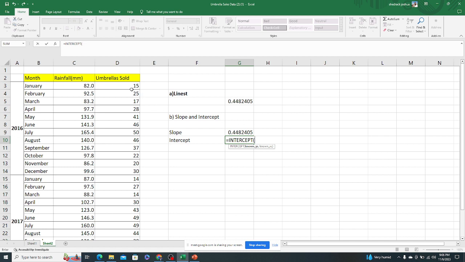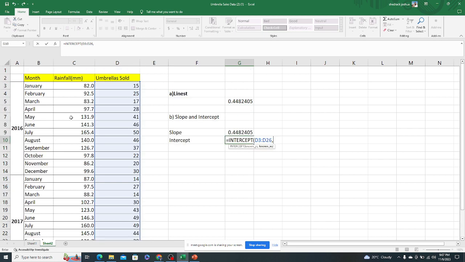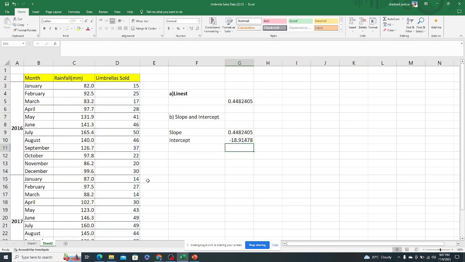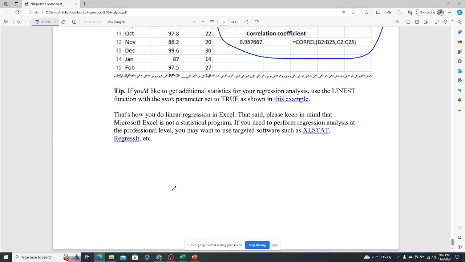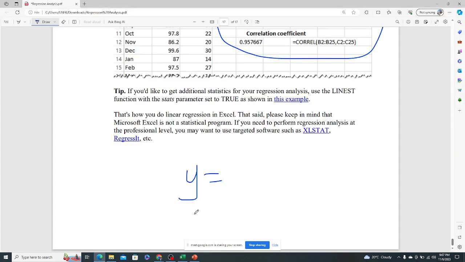In this case, for intercept, we'll also need known y's and known x's. So we highlight the known y's, comma, and then the known x's, and after that you'll get the y-intercept. Basically, at the end we'll create a model which looks like this: y equals 0.4482